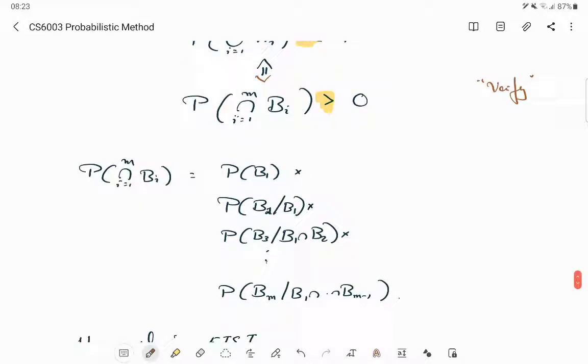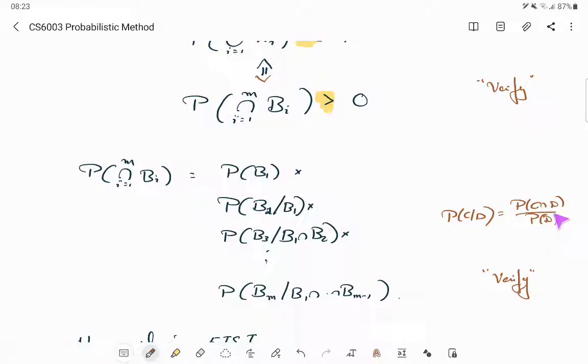In some sense, this is an extended version of the definition of conditional probabilities. You should actually just pause and verify this. All you need is the general definition that P of C given D is equal to P of C intersection D by P of D, or if you rewrite it,